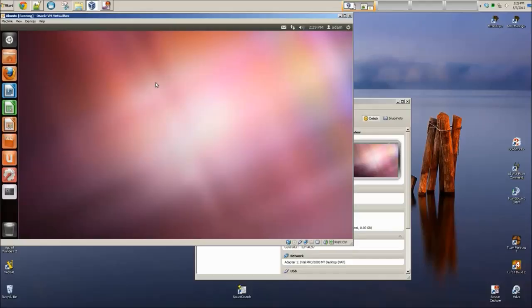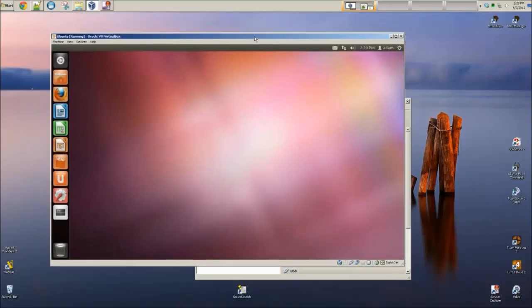So that's it. That's a quick navigation of VirtualBox, and feel free to play around with it and do as much stuff as you can within the operating system. If you ever need to take a snapshot of where you are, try out different software, you can do that. If you ever need to reinstall the operating system, you can easily do that. This is a wonderful way to